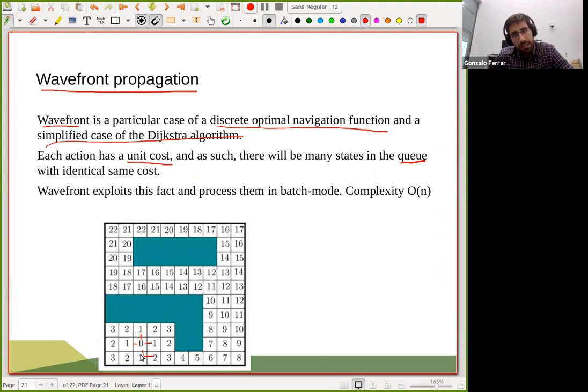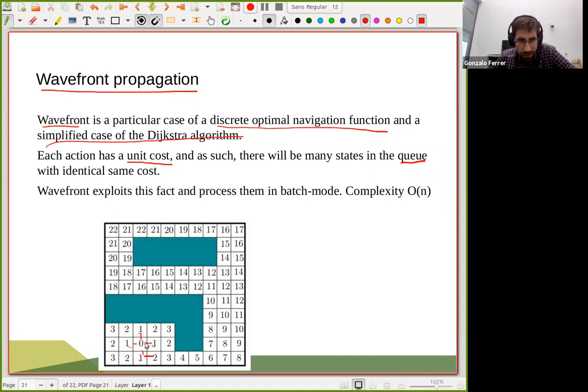So what we were doing is we were selecting one, and then we were doing all the parts of the algorithm. But the thing about wavefront propagation is that it's exploiting the fact that because these costs are the same, you are just going to be writing the cost of each of them, right? So you know that the optimal cost is just traversing this, and then you evaluate all of them at the same time, right? You don't need to evaluate one and then the other and then the other and then the other, right? Because this is what we were doing when costs were any cost, right? So that's why we had the priority queue. Now all of them have the same priority, and the optimal function is going to be very clear.